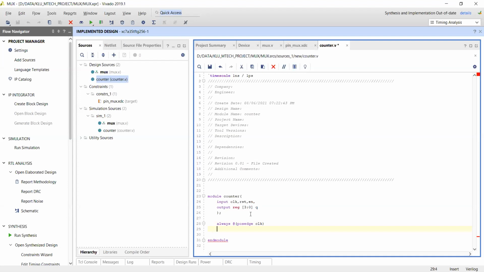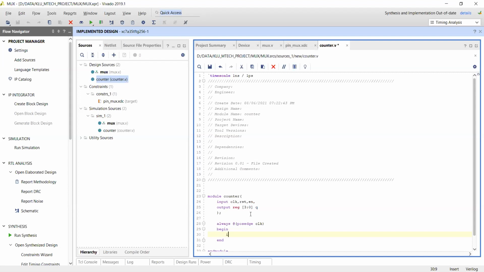I want the procedural block consisting of begin and end also. So the procedural block is held in between the begin and end. So always, symbol at the rate, followed by the signal posedge clock, begin.